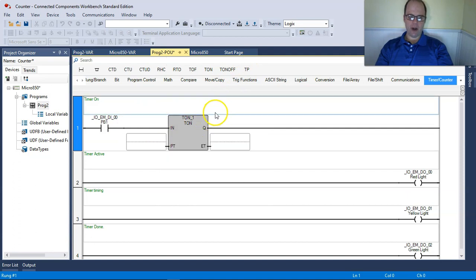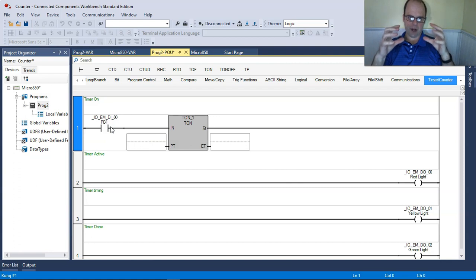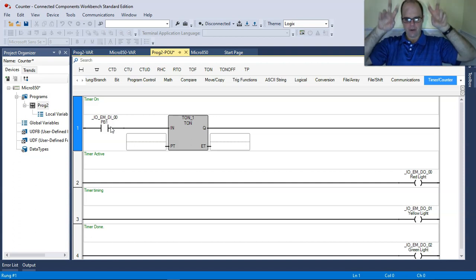But how an on-delay timer works is, as I push a button, so say this is my button, I push a button, hold it in, the timer starts timing. As long as I'm pushing that button, the timer will keep timing. And once that timer gets to its preset value, it will then time out and turn on a done bit or a signal bit. Okay,